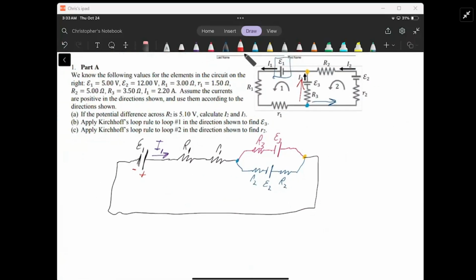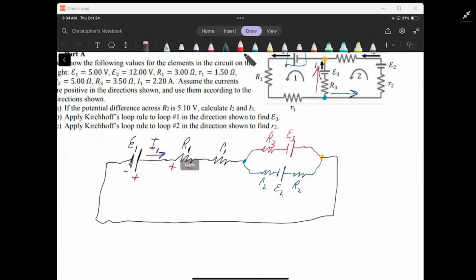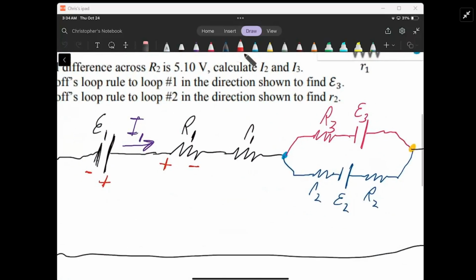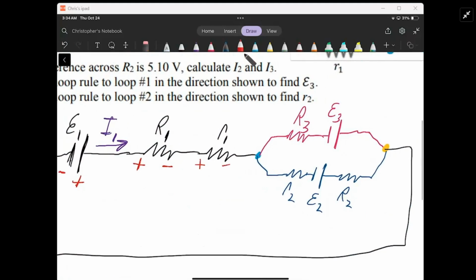Right? So that's going to be positive. And then we know for every resistor that there's a voltage drop. So every time the current is leaving every resistor, it's reducing in voltage, which is why, since it's reducing in voltage when it leaves right here from that end, it's going to be a negative end right there. So we're going to do the same here,